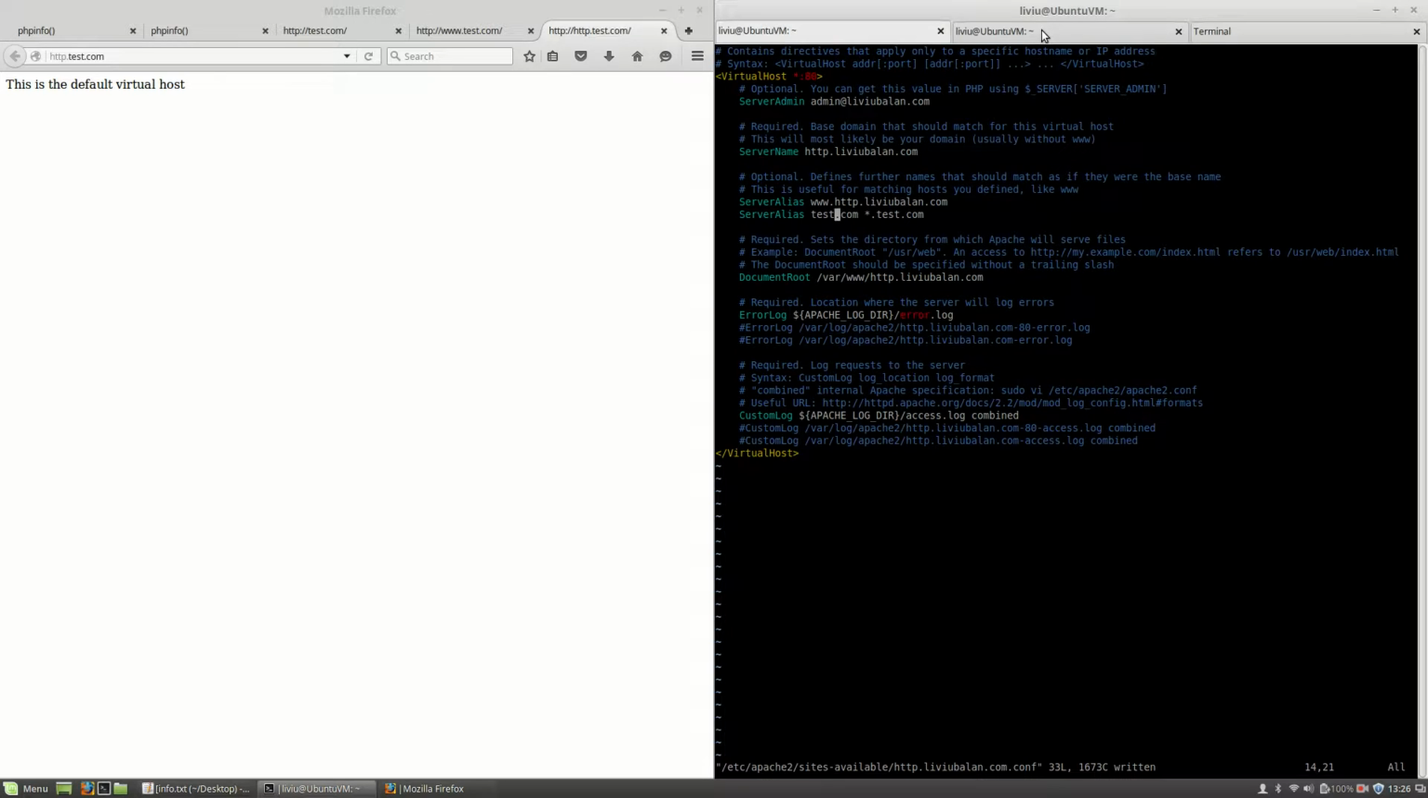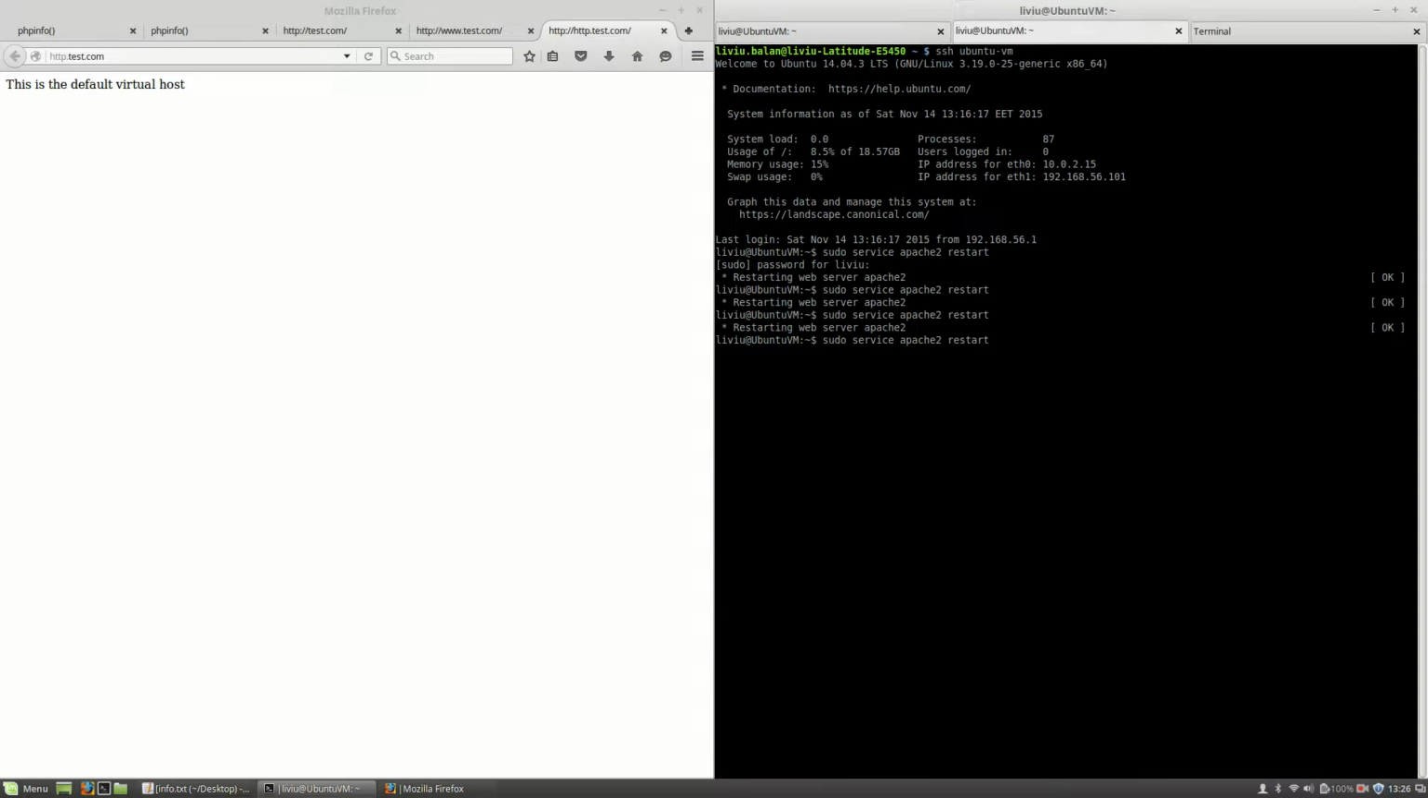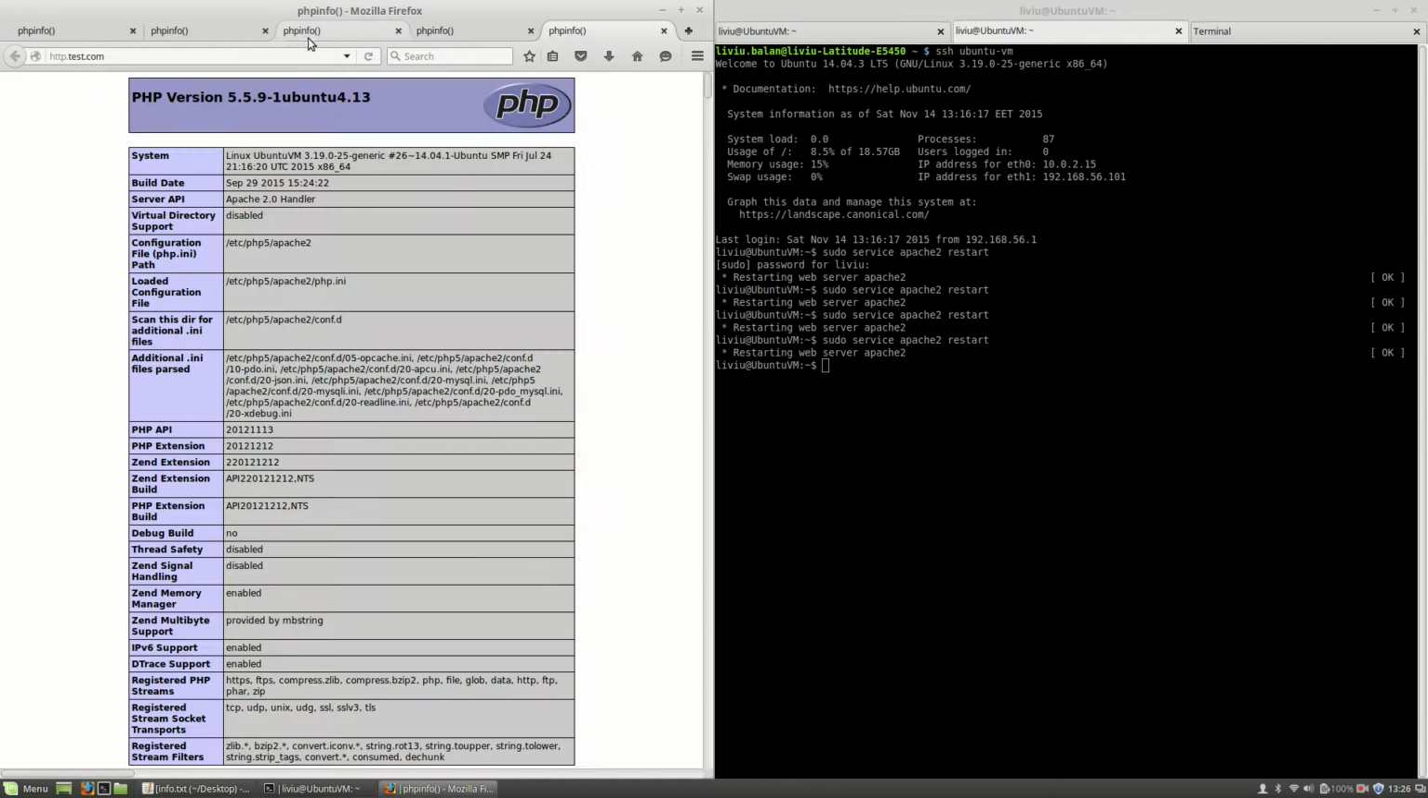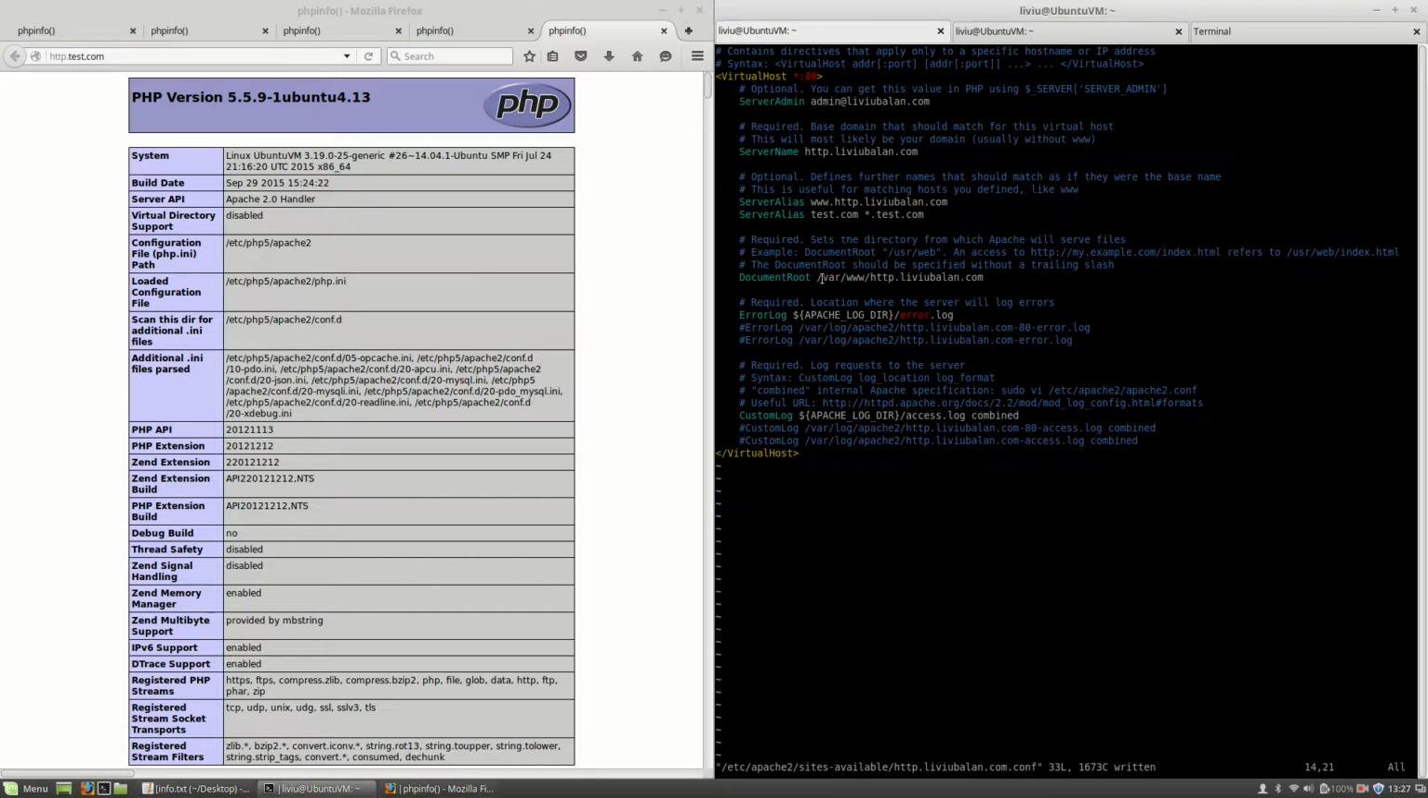Now, if I restart my Apache web server and refresh the content here, as you can see, the same content is shown on all the pages. This is because the ServerAlias is now specified for test.com and the subdomains for test.com. Okay,